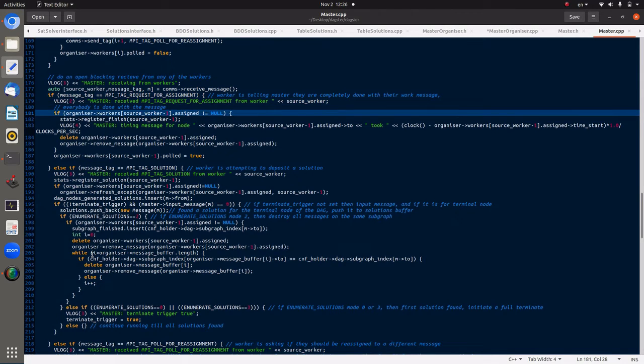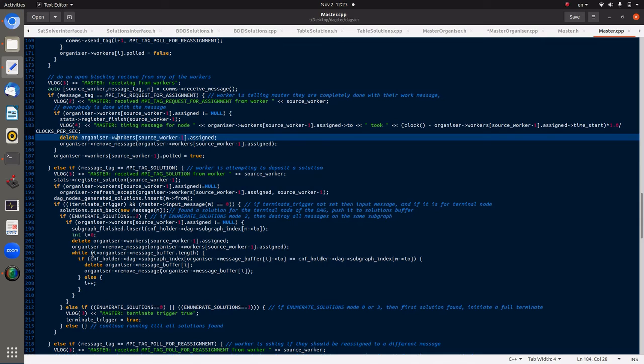Basically, if the organizer acknowledges that no work is currently being done on that one, or if the worker has requested a new assignment entirely because it is finished with the work that has already been assigned, so if organizer.workers.i.assigned is not equal to null, then we register that the message has been fully completed with the statistics module. We log this thing. The work has been completed, so the message that was sent to the worker can be